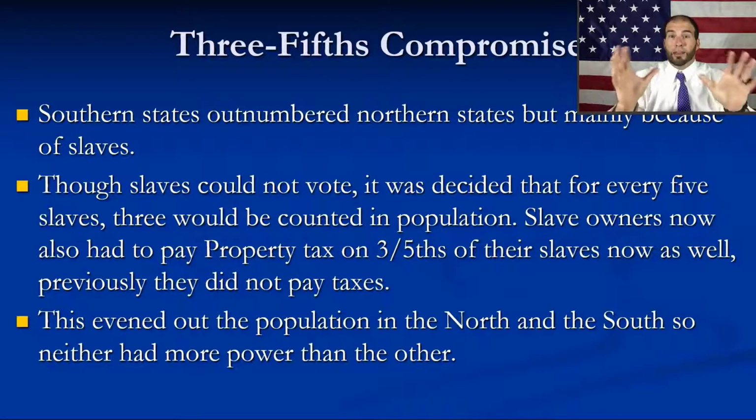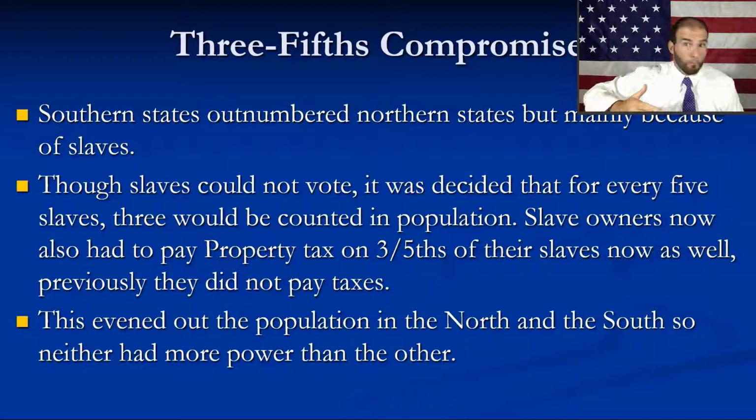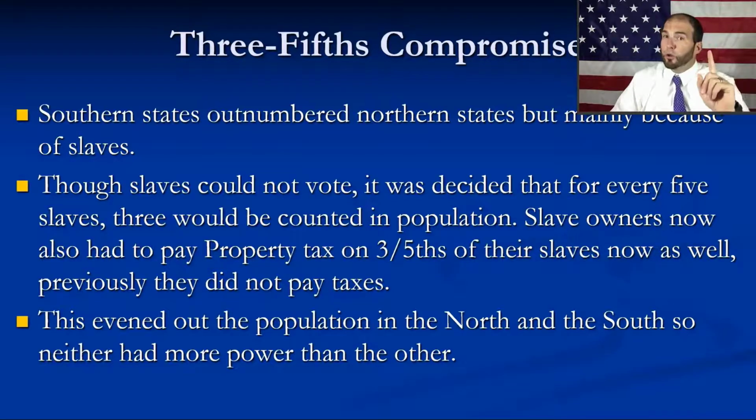That is why the math number 3/5 comes out: to, on paper, equal the populations between the North and the South. Since the South is already massively committed to slavery and there's a lot of African slaves in the South, that is where the term the Three-fifths Compromise comes up. So not only are they going to count 3 out of 5 slaves, which angers the North beyond measure because they don't want them to count at all, in order to make the North happy, if they count them in population, you also have to pay taxes on 3 out of 5 slaves in the South. So it's a much larger tax revenue stream as well.